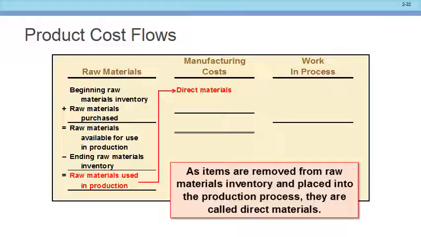So what happens? First, you have your raw materials, right? And if you want to calculate what's going on with your raw materials, it's your beginning raw materials plus your purchases of raw material gives you raw materials available for the period, minus your ending raw materials, which will tell you the raw materials that ended up getting transferred out to the work in progress, right? Okay? Now, it's just like when we're trying to calculate our cost of goods sold.